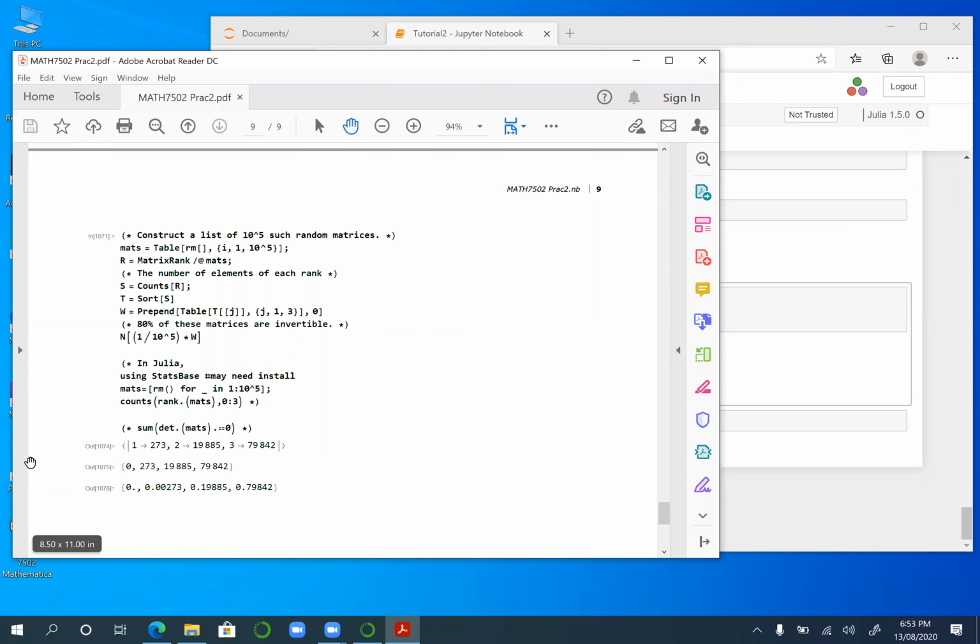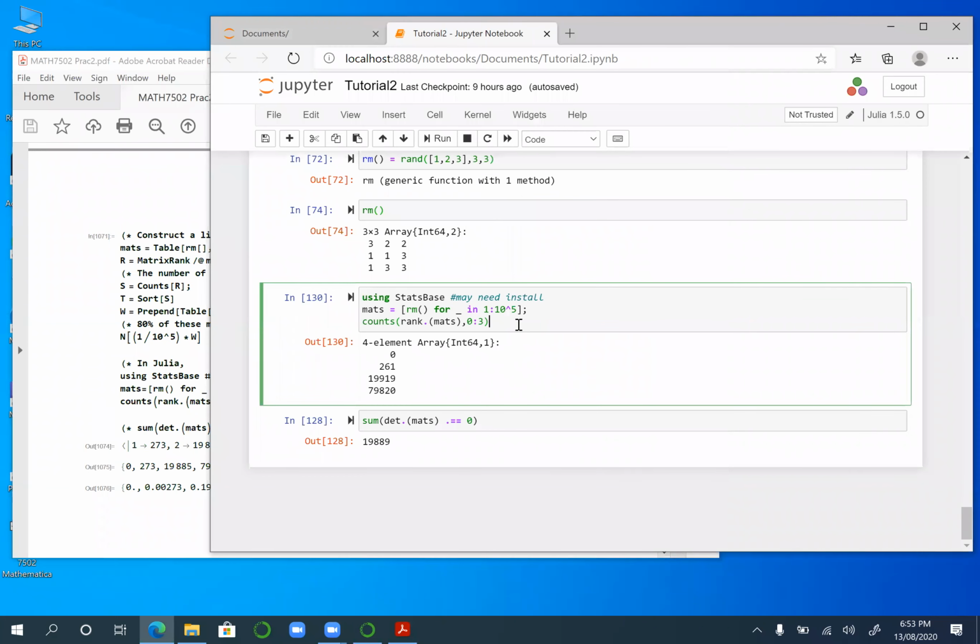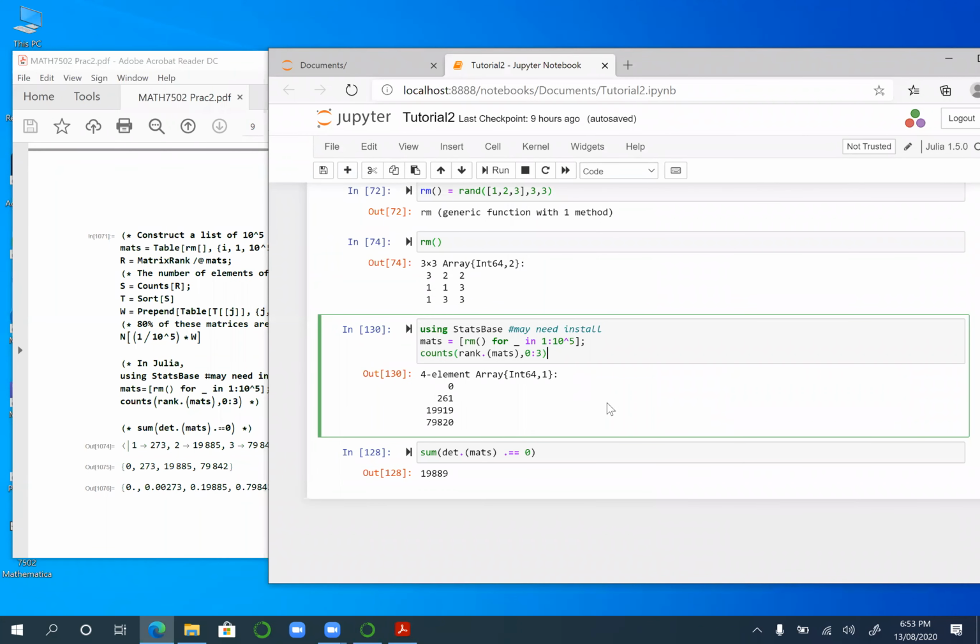So let's go back to Julia. Okay, in Julia, it looks like we got a very similar number, off by, say, 22 or so. And then Julia is counting how many were of each rank. And so we can see we get very similar numbers. Now the last command is,